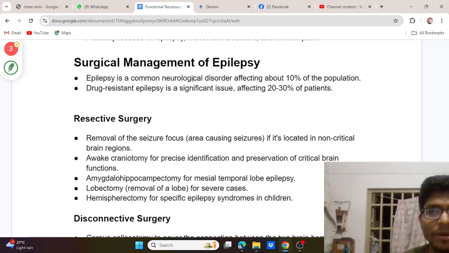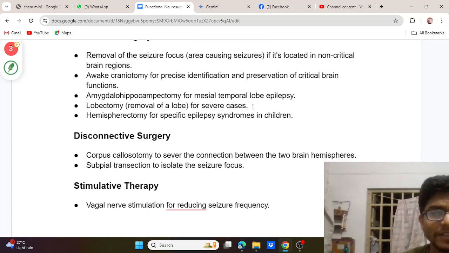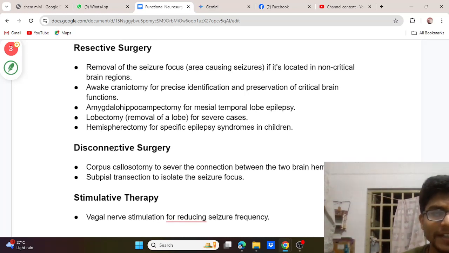As we know, epilepsy is a common surgical disorder seen in 10% of the population, and surgery is very useful for patients with drug resistant epilepsy, which is among 20 to 30% of these patients. For that we have three ways, that is resective surgery, disconnective surgery, or stimulative therapy. In resective surgery, we remove the seizure focus area causing the seizure if it is located in a non-critical brain region, like it could be a cavernoma, arteriovenous malformation,